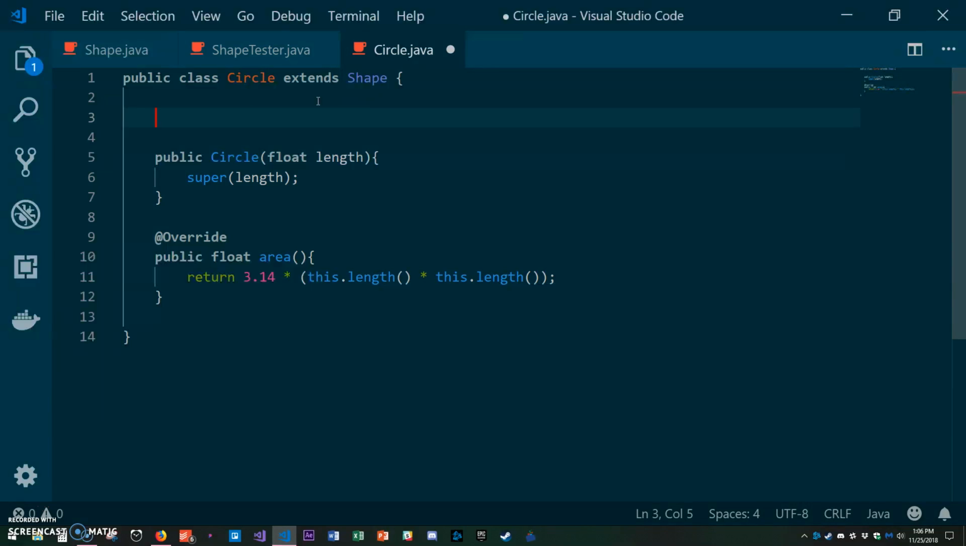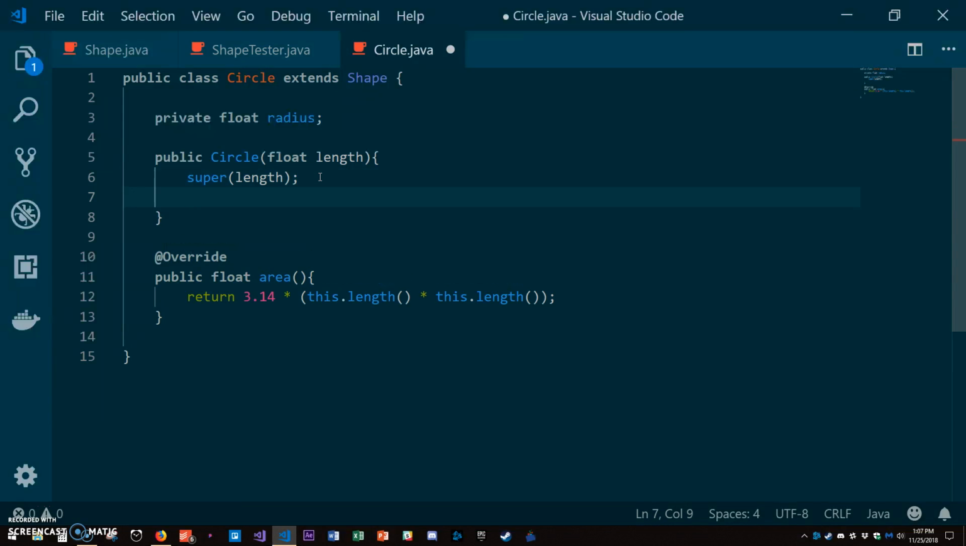Let's say I wanted to create a private float called, let's just say, radius. Just a convenient way to write down half the length. And so now I can say, set the radius equal to length divided by 2. And so now I'll initialize the instance variable length, and then I will initialize a different instance variable called radius, and when that's half